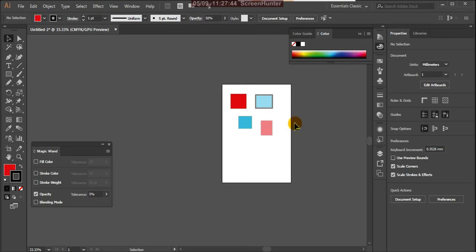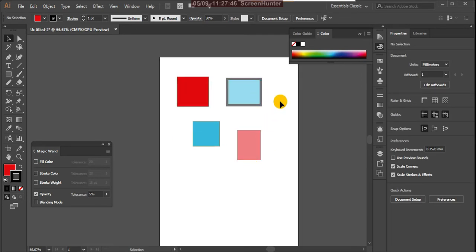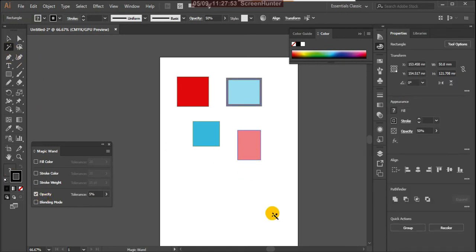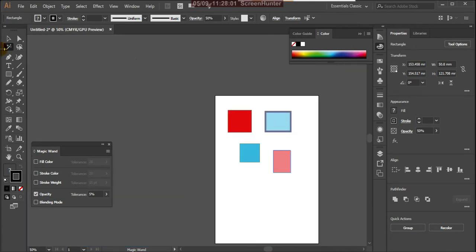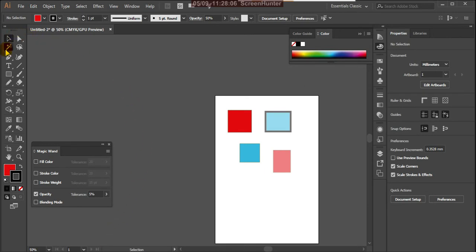That means the transparency of this and this are both the same, and I'm maintaining the opacity. Just click on that. See, it is selecting, because both opacities are the same. So finally what we understand is that with this magic wand tool, the same kind of color, the same kind of nature.